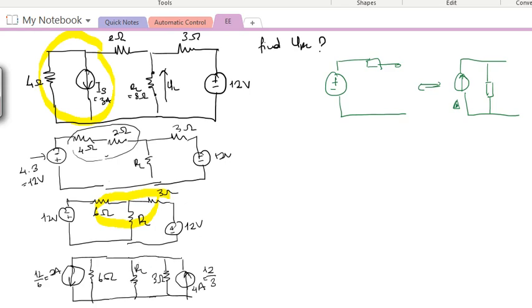Now we have a simpler circuit where we can basically join the 3 resistances together in parallel. And we have to remember the voltage that we were looking for was URL. And URL, if we look at the circuit, is basically the same voltage that goes across RL, the 6 ohm, and the 3 ohm. So we can join them together, right? So let's say we join them together. So I'll go here now.